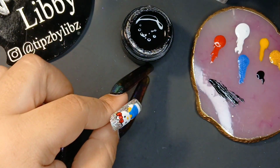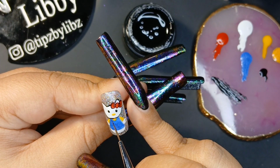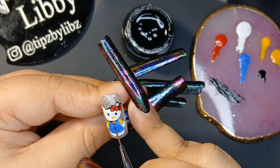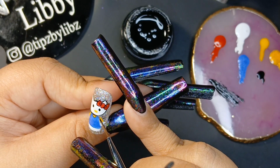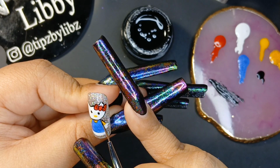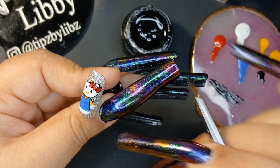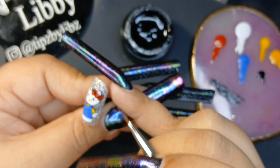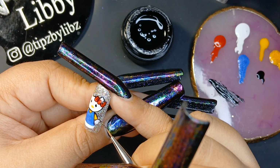So I did end up redoing her, because like I said, I was not liking how she was looking, and she honestly really didn't take me that long to do, and I had the time to redo her. If I didn't have the time to redo her, then she would have just stayed looking like this and she would have looked just a little off. But yeah, I did redo her, and I did switch over to doing my usual method, which is doing the